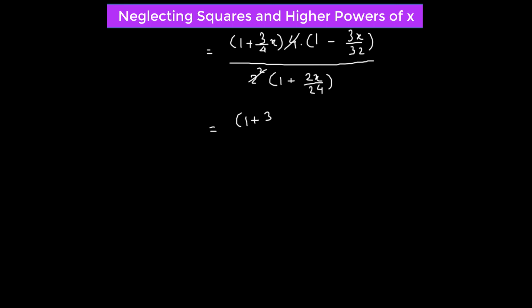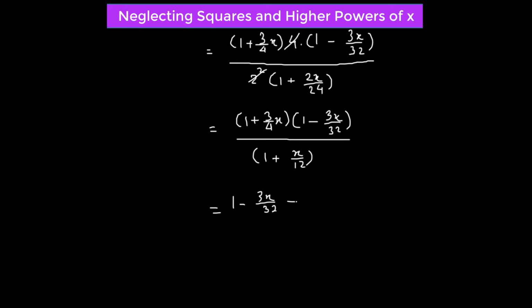1 plus 3/4 of x times 1 minus 3x over 32 divided by 1 plus x over 12. Now we're going to FOIL the two expressions in the numerator, and that would give us 1 minus 3x over 32 plus 3/4 of x, and we neglect the fourth term, which will have an x squared term, divided by 1 plus x over 12, and this will give us 1. So we take the x as the common factor, so we have (3/4 minus 3 over 32) whole multiplied to x, and